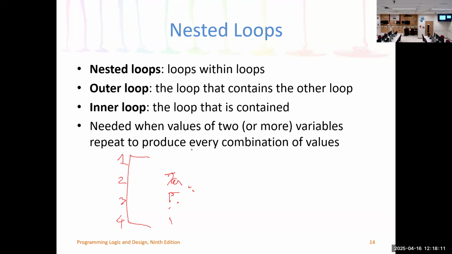That's a kind of nested loop here. So in the case of a nested loop, you put a loop within a loop. You put a loop into another loop here, right? And the outer loop is a loop that contains the other loop, and the inner loop is the loop that is contained here, right? So you need it when the values of two or more variables repeat